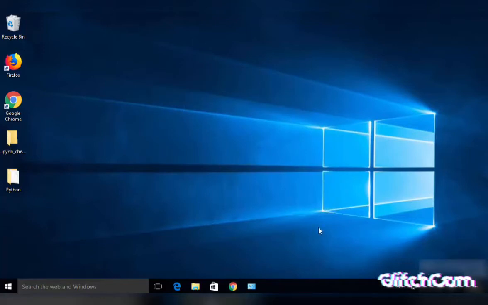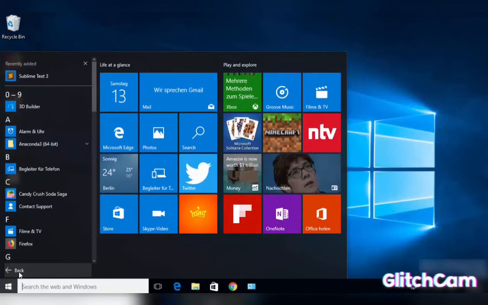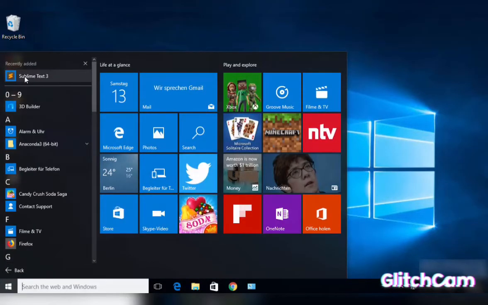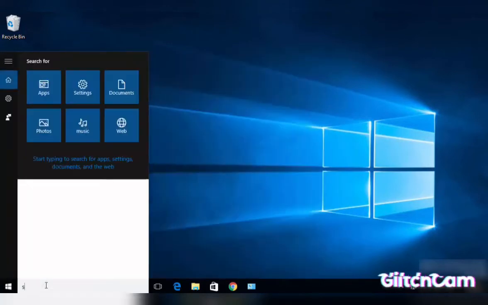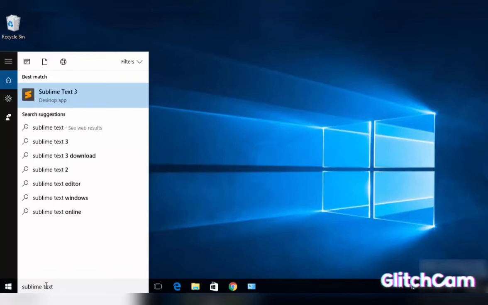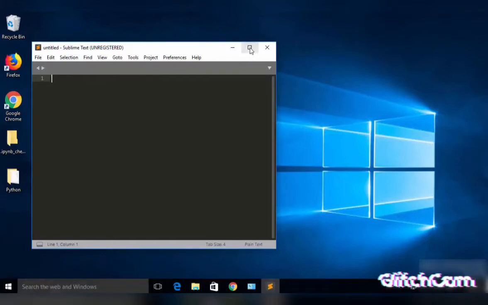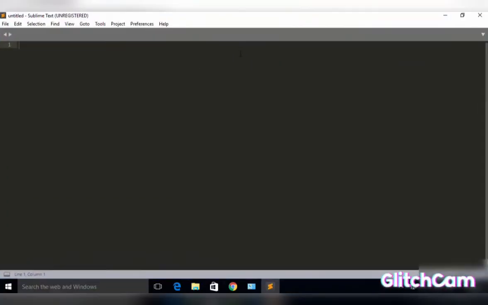Now once the installation of Sublime Text is finished, you can click on the Windows icon and then click on all apps, and you will be able to see at the top this Sublime Text icon. So you can either click on this icon or you can search for Sublime Text. So just search for Sublime Text here and you will be able to see this Sublime Text option. So just click on this and you can see the Sublime Text editor is open on the Windows 10 operating